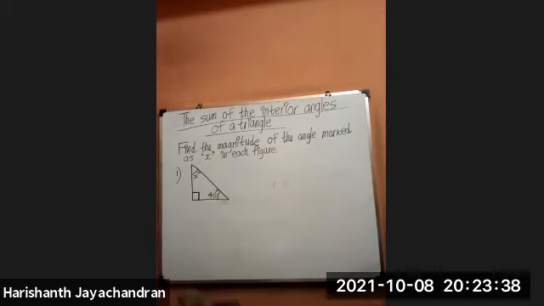Here we got x degrees plus 40 degrees plus 90 degrees. So we shall add these two values and take the other side, so it's easier for us. Here we got 40 plus 90, and we must add them because there is a plus sign. 0 plus 0 is 0. 9 plus 4 is 13. So it comes to 130 degrees, right? So x degrees plus 130 degrees is equal to